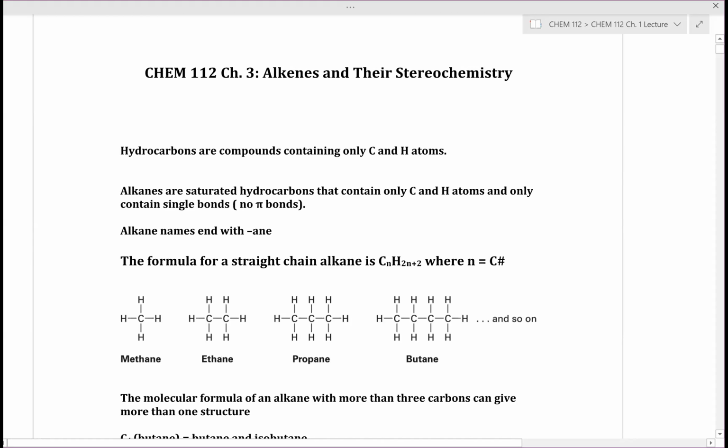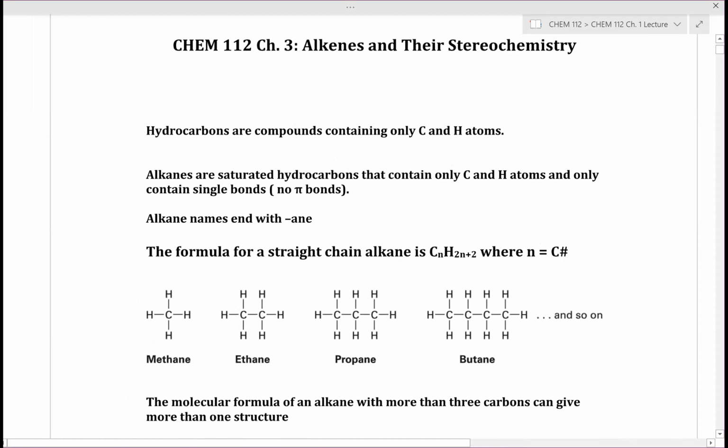So starting off, let's define a little bit what an alkane is. An alkane is a saturated hydrocarbon that contains only carbon and hydrogen atoms and contains only single bonds. So they're relatively simple systems from a structural perspective. Alkane names end with -ane. And a nice little rule to remember, you know that you're dealing with an alkane if it has the general formula of CnH2n+2,